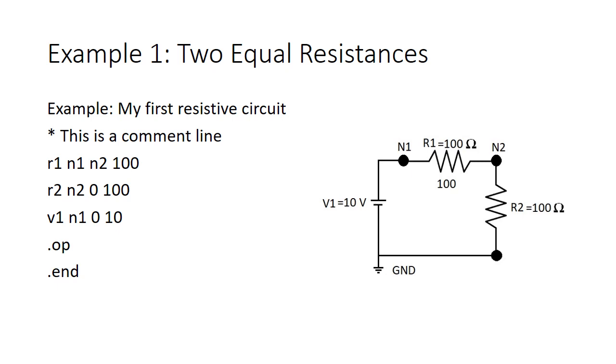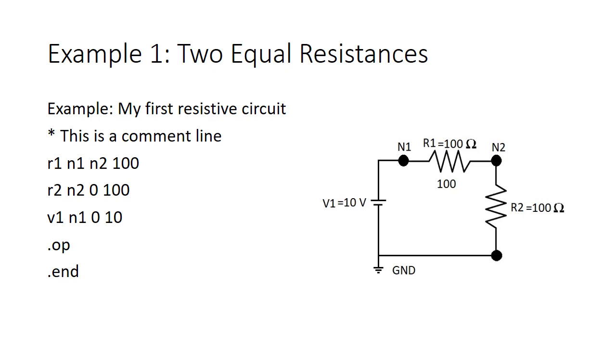The first line in our netlist is the comment line. So you should not put any circuit related information here. It will be just simple header information. So here we have just put star, this is the comment line, followed by R1, N1, N2, 100, which specifies the resistor R1 connected between N1 and N2. Then R2, N2 and ground. The value is 100. So R2 space N2 space 0 and 100. And then V1, N1, 0, 10 specifies V1 connected between N1 and 0, and the value is 10 volt.